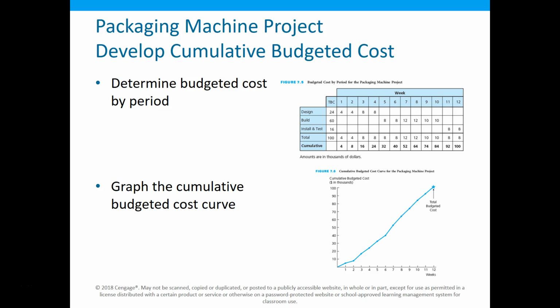So this project, if I look at each week, our budget per week goes up towards about week 7, and then it kind of drops. And so we can build a spreadsheet, and we can say, here's our cumulative dollars we spent. So our budgeted cost then, in this particular case, we've listed it by week, and over here we put it by task. So I could look at each task, I could look cumulatively.